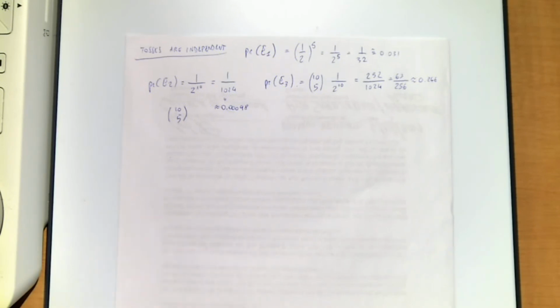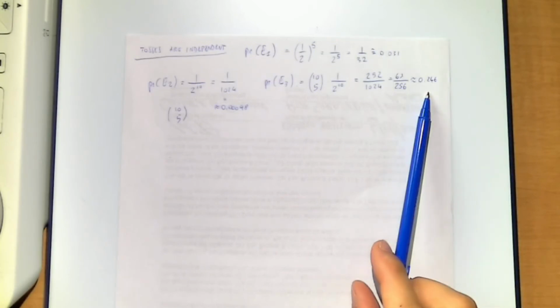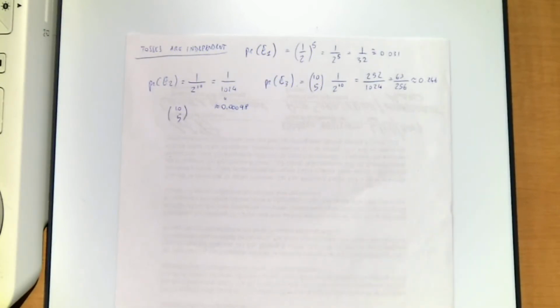Make sense? On the other hand, you could say, oh, but this is like 25%. But heads happen with probability 1/2. So why don't I get 50% if I just want 5 heads? Make sense? And so this tells you what the difference between intuition and reality is. In practice, if you want exactly 5 heads, then it's not 50%, even though you imagine heads and tails happen with the same probability.